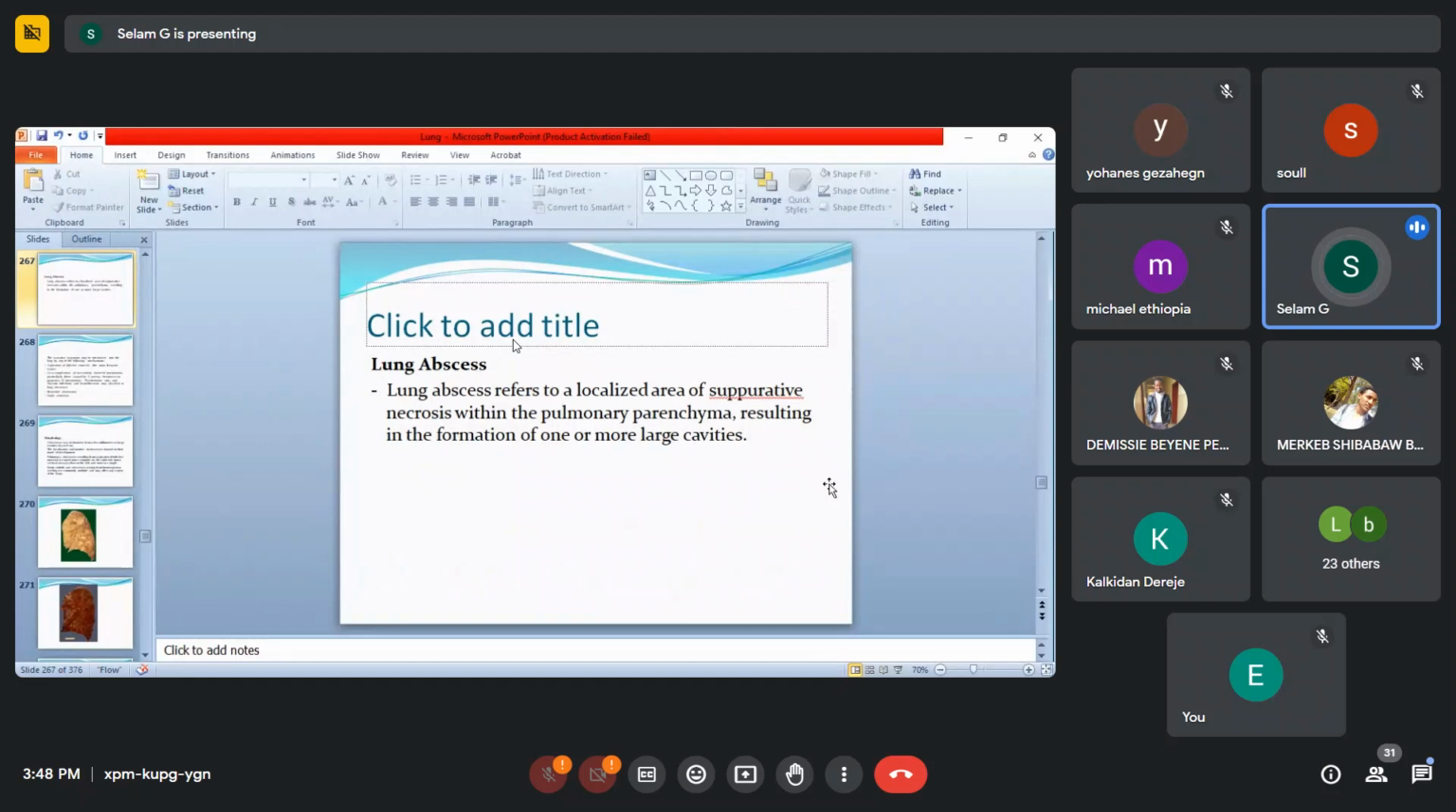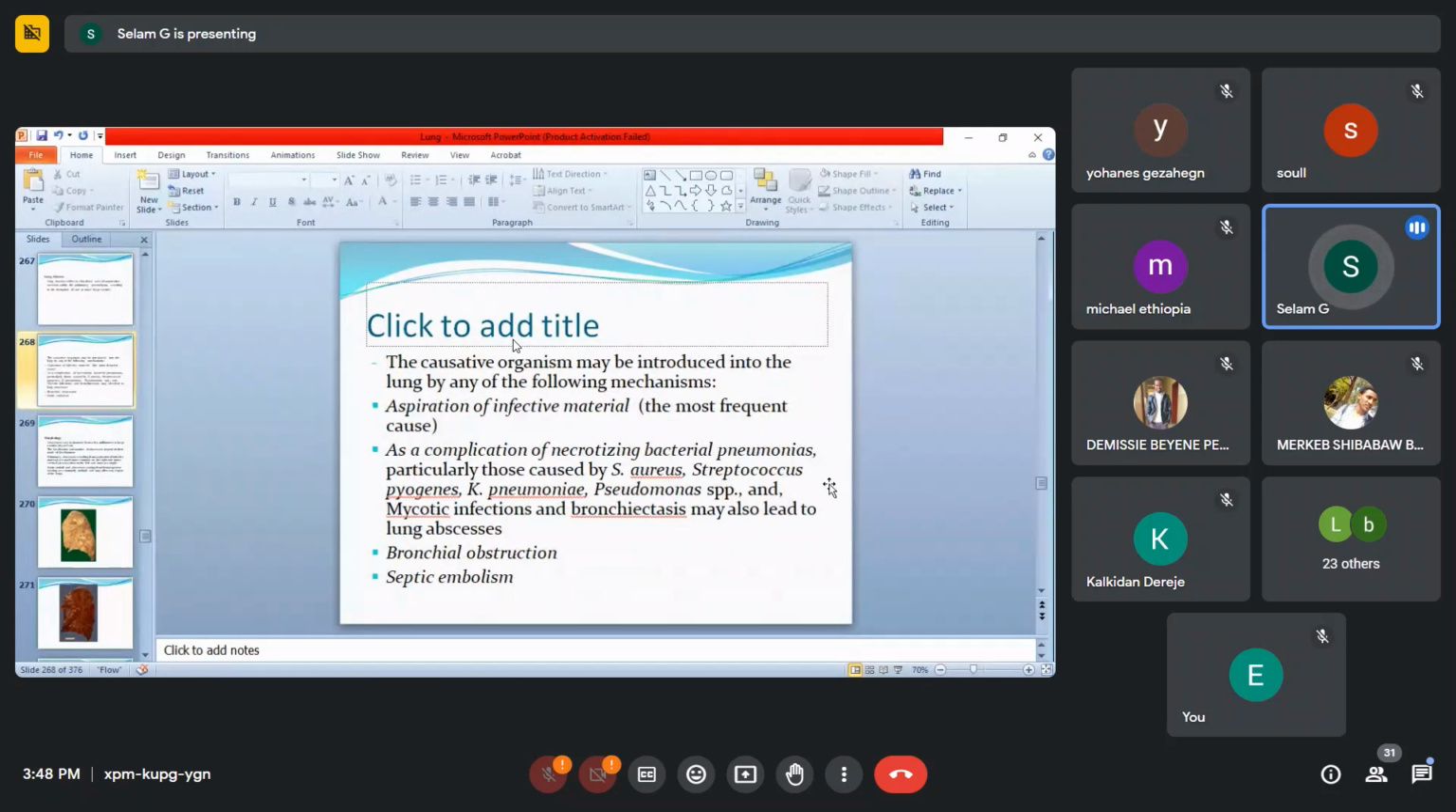So lung abscess is referred to as a localized area of suppurative necrosis within the pulmonary parenchyma, resulting in the formation of one or more large cavities. The causative organism may be introduced into the lung by any of the following mechanisms: aspiration of infected materials, which is the most frequent cause; as a complication of necrotizing bacterial pneumonias, particularly those caused by Staph aureus, Streptococcus pyogenes, Klebsiella, Pseudomonas, and mycotic infections; and bronchiectasis may